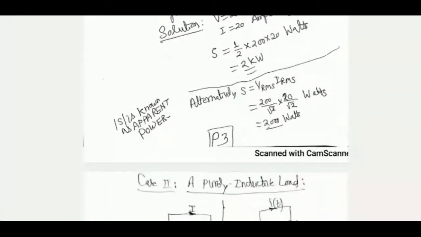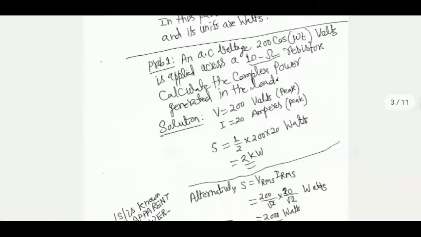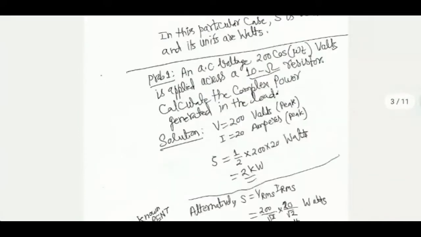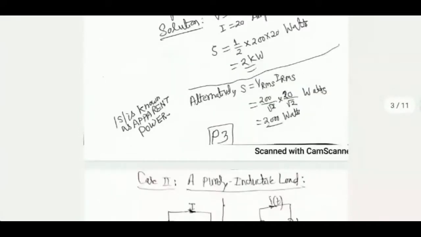Alternatively, you can do Vrms Irms. So 200 divided by square root of 2 multiplied by 20 divided by square root of 2. That also gives you the same result. Okay, simple calculation. Magnitude of S, although it is the same in this case as the actual value, but in general, magnitude of S is known as apparent power. We'll come to that later. Now, case 2,